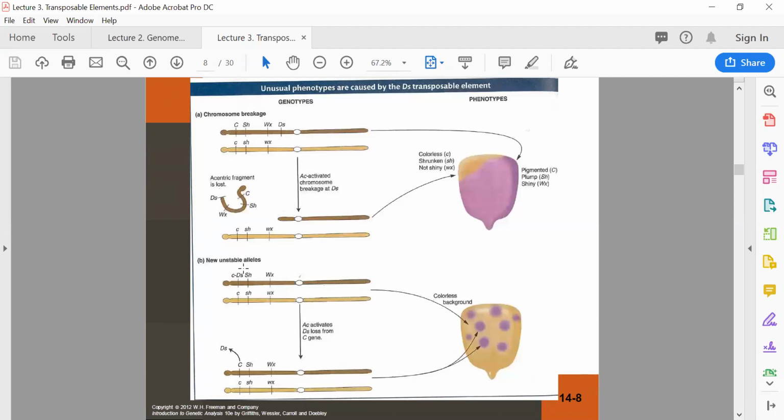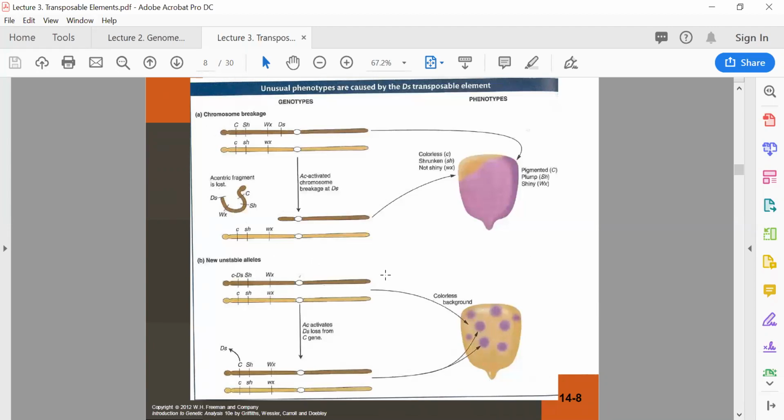But in this case, the big C actually has the DS element inserted into it, inserted into the big C gene. And that means that the big C is not expressed, and that results in a completely colourless kernel,